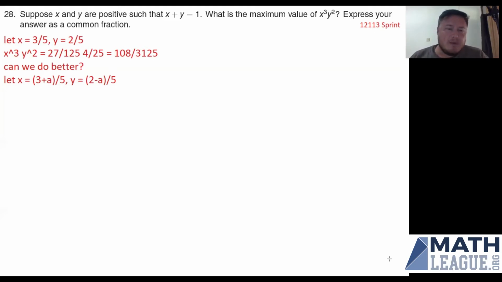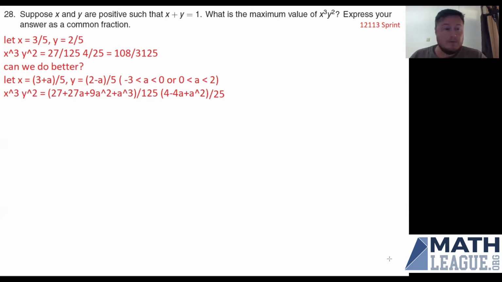The thing is, x and y both have to be positive numbers. So that does put constraints on our value for a. In particular, because x is 3 plus a, we can't let a be less than -3 or x becomes a negative number. We can't let a be greater than 2 or y becomes a negative number. So at this point, we do have some constraints on a that we'll have to double check as we go along. But if x is (3 plus a) over 5, and y is (2 minus a) over 5, then